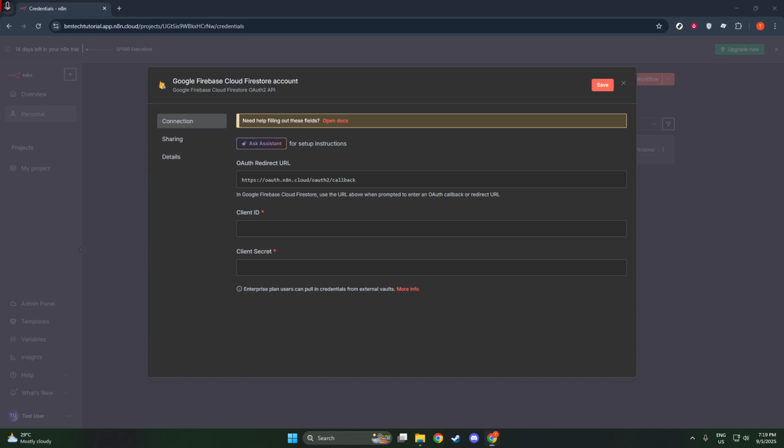Next, you'll need to paste the JSON from your Firebase project into the credential field. This JSON contains your Firebase project's configuration, including sensitive access keys that authenticate N8N to interact with your Firebase project securely. It's crucial that this information is kept private and secure, so ensure that you're copying and pasting this information